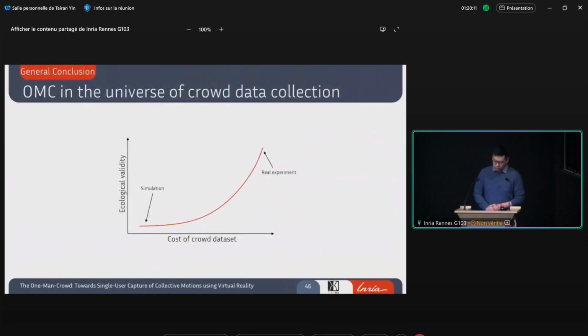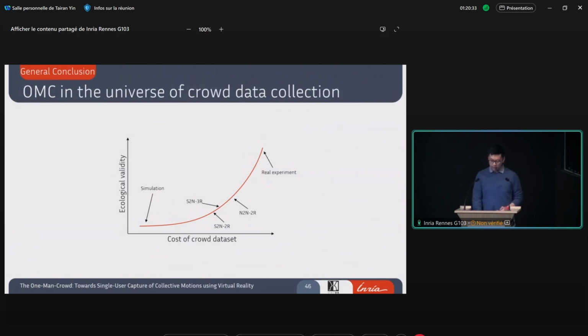We position our contribution as a brand new option for creating crowd datasets. Our S2N 2R procedure simplifies the capture of crowd data to its extreme by only involving a single user, whereas the N2N increases the complexity of the experiment, but allows us to have a higher behavioral diversity.